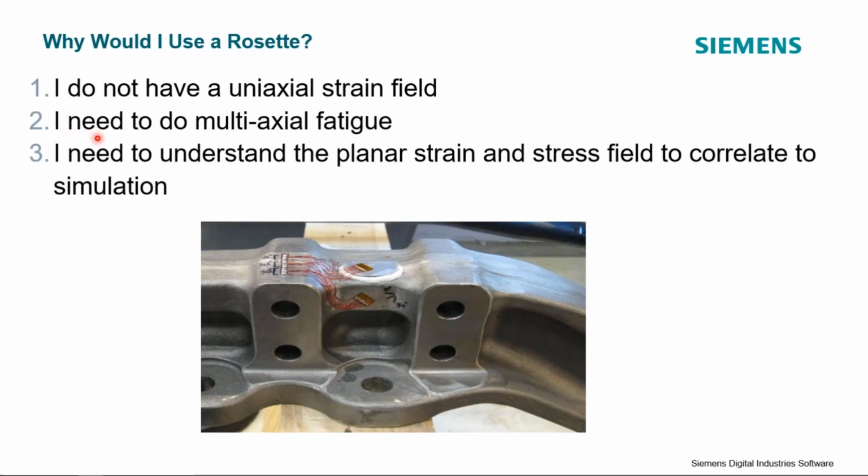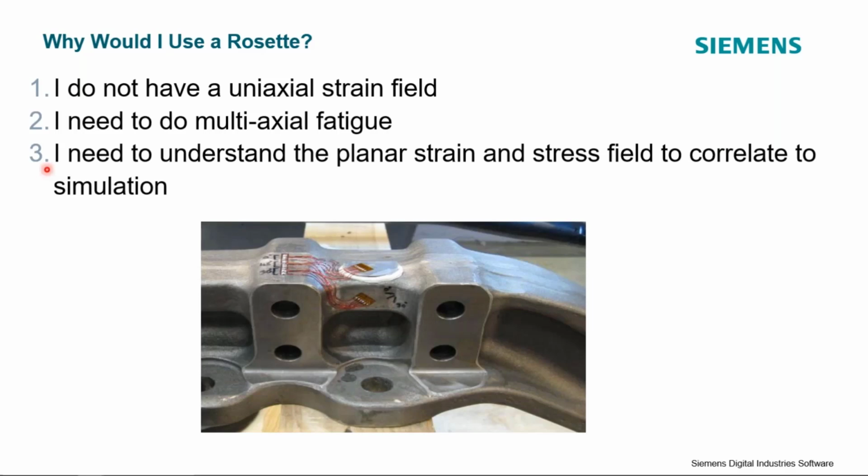If you're looking to do multi-axial fatigue analysis, then it's a good idea to use a strain gauge rosette, because the strain gauge rosette allows us to basically calculate strain time histories at multiple different angles or orientations at our point, and we can use those different strain time histories and we can do fatigue life calculations, and we can determine in what direction our part experiences the most strain or the most fatigue.